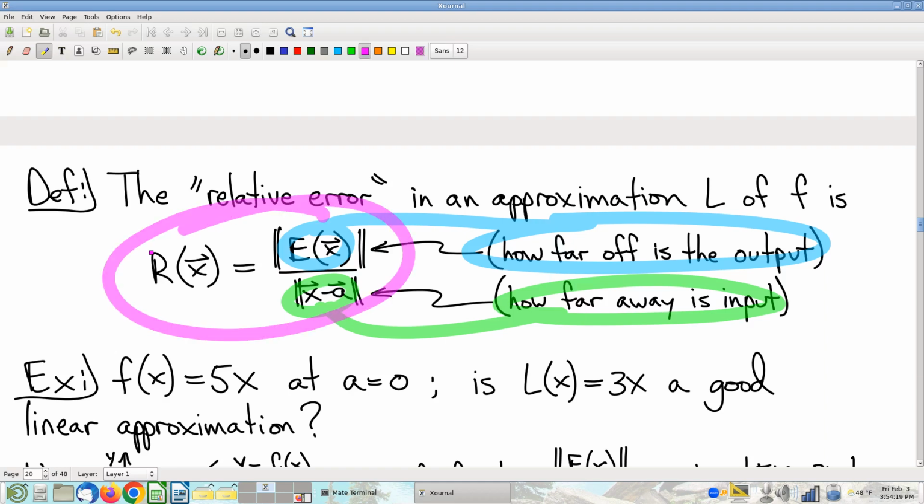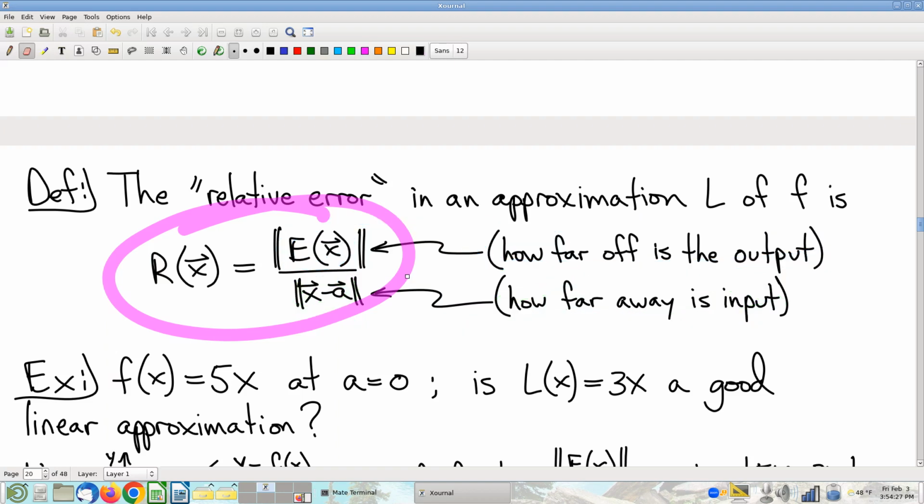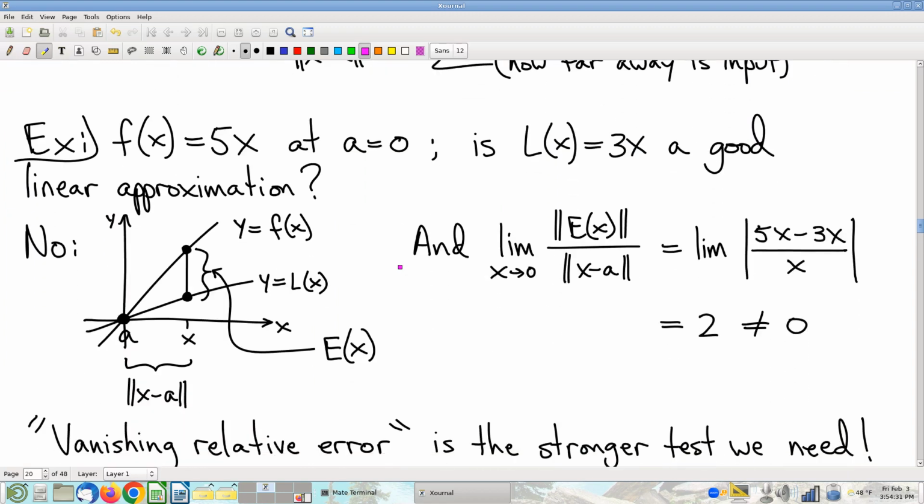And let's use relative error now. Let's require that relative error approach 0 and see what happens with that last example where error itself kind of failed. It didn't do what we needed to do. So, okay, here we go again. We got this function here, 5x. We got this function here, 3x, that wants to claim that it's a good linear approximation. Let's look at the relative error. Keep in mind, relative error is error